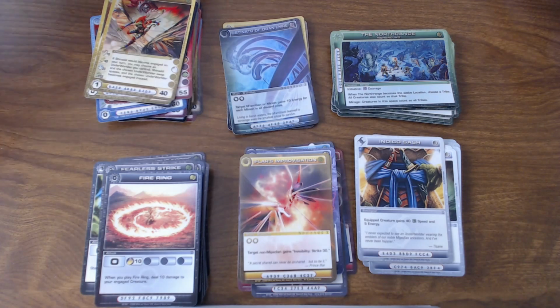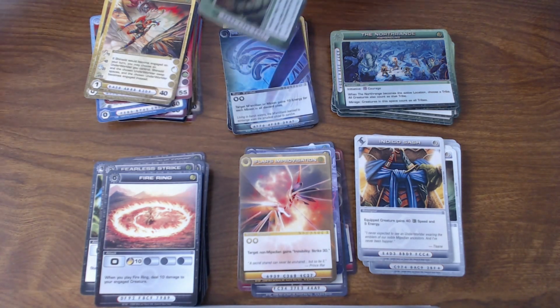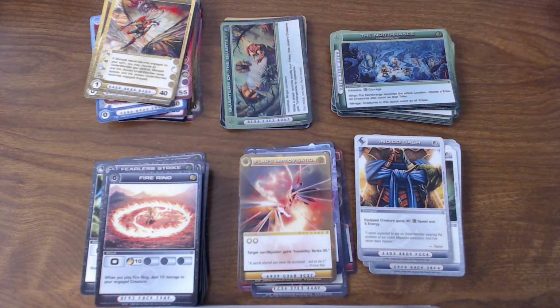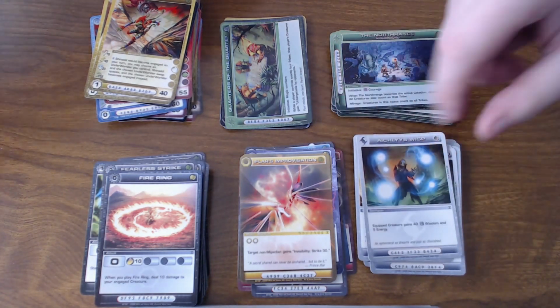Quarters of Quartet. Pretty good super rare. I like that one. I run that one in my Tribal Alliance deck. Alright. Got more Wisps, Storm Tunnel, and